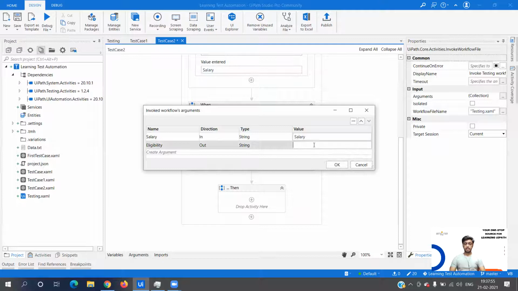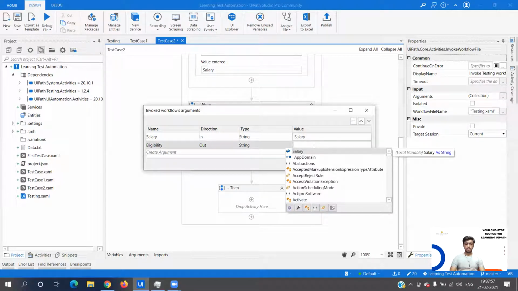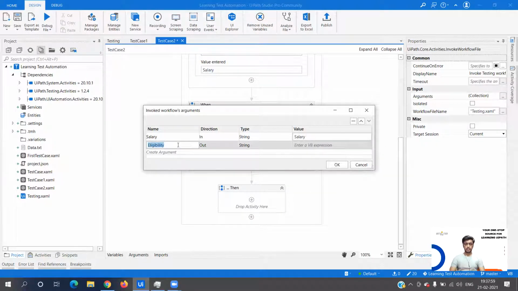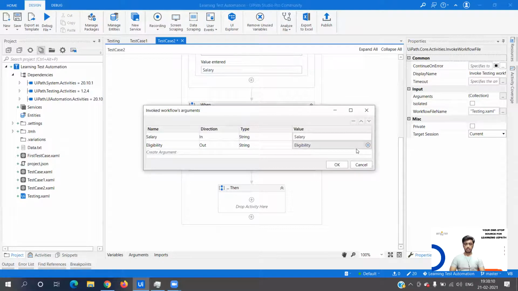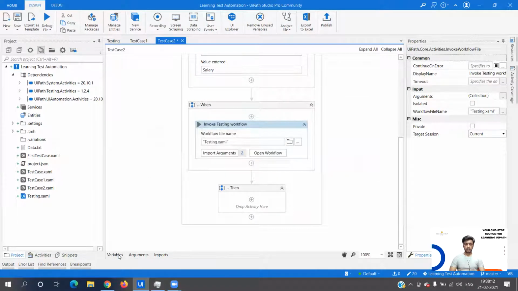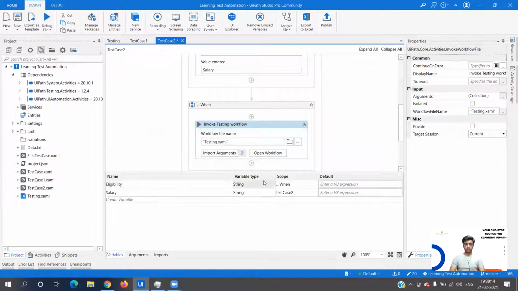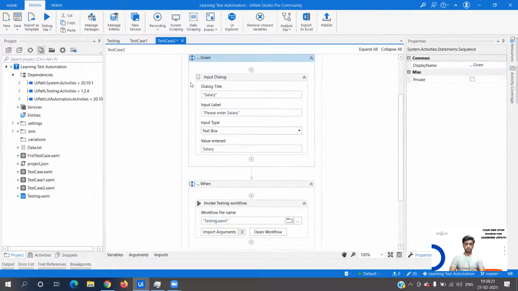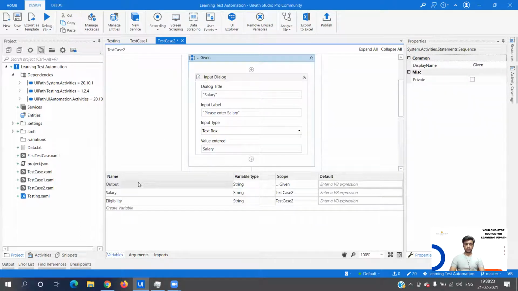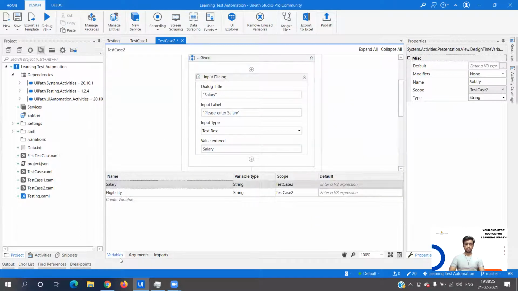Salary is here, and here I need to create the same one, copy, paste, and let's make it test case 2, and let's delete the output, right?